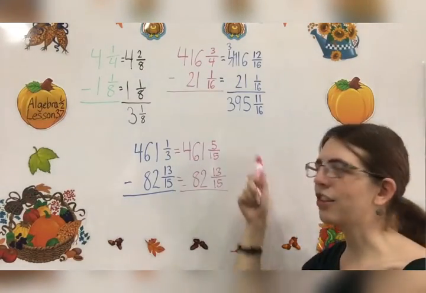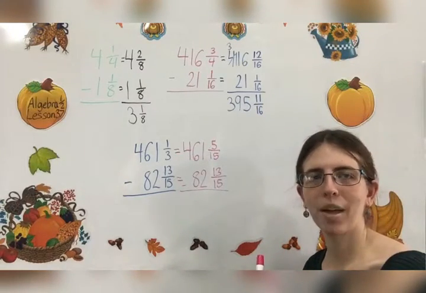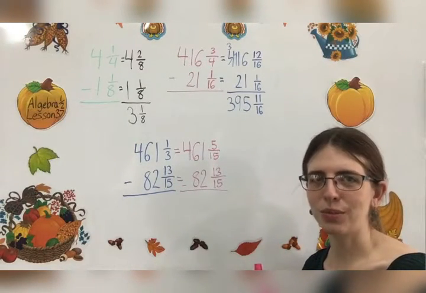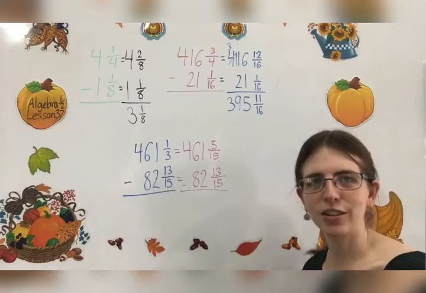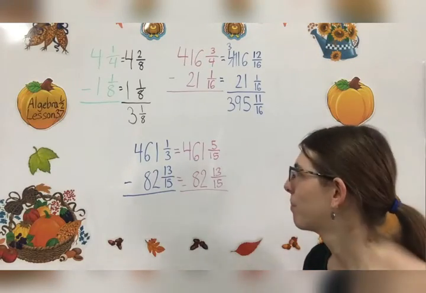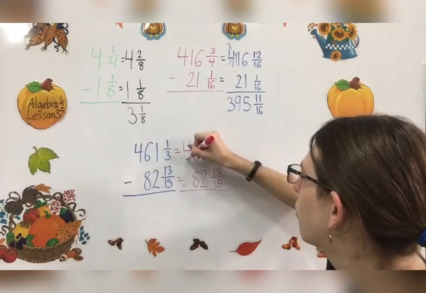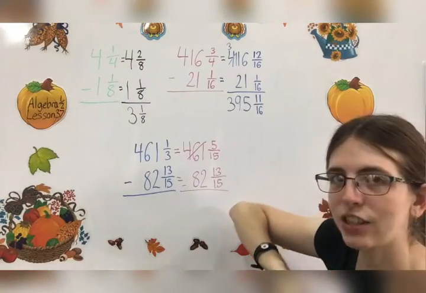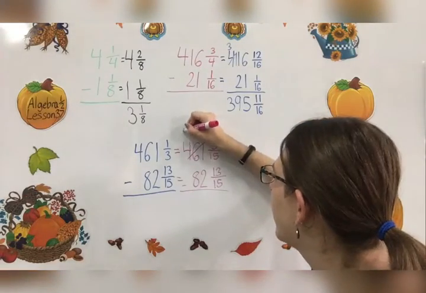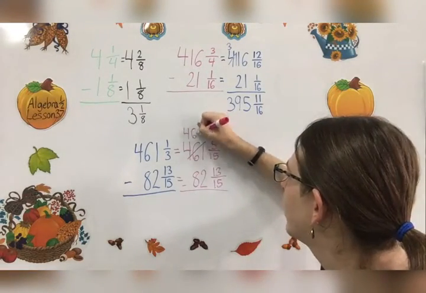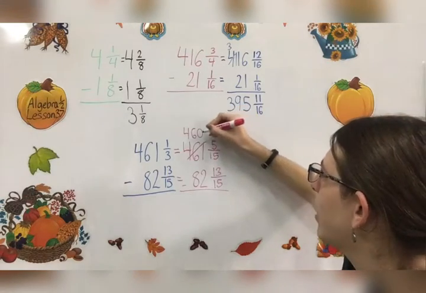Can I subtract 13 from 5? No, because 5 is too small. So I can't take away 13 from it. That means I have to borrow. So I'm going to borrow from my whole number that's right next to it. I borrow 1. This becomes 460. That 1 that I took away